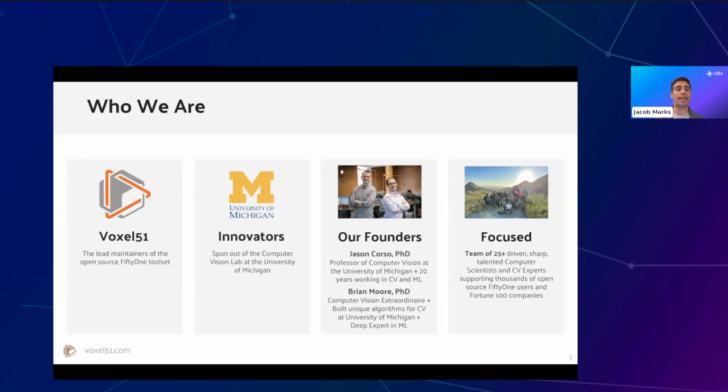We are the lead maintainers and the creators of the open source FiftyOne toolset for visualization and curation of unstructured data. So think images, videos, point clouds, all the things that you might want to visualize that are not tabular per se. We were founded by 2 people coming out of the University of Michigan, a professor and a PhD student, and our team is currently about 25.